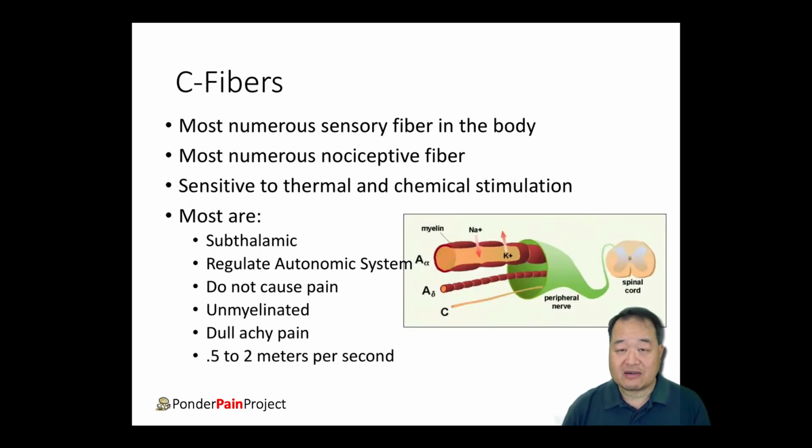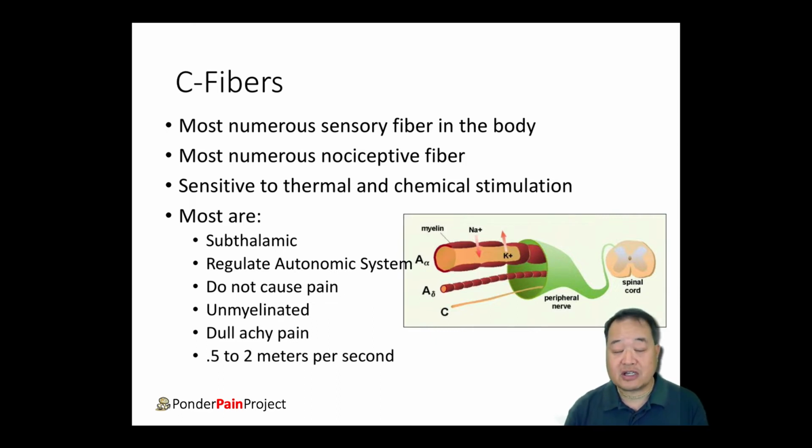We'll start with C fibers of these nociceptive specific neurons, because we call them nociceptive, but that's really kind of a misnomer. And I'll tell you why in a second. When we start to take a look at C fibers, they're actually the most numerous sensory fiber in the body. A majority of these are nociceptive, but also realize that a lot of C fibers are not specific to pain,